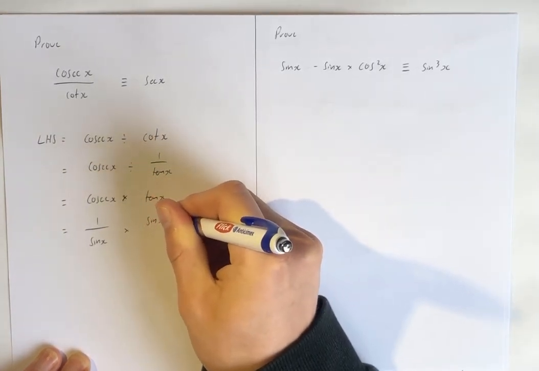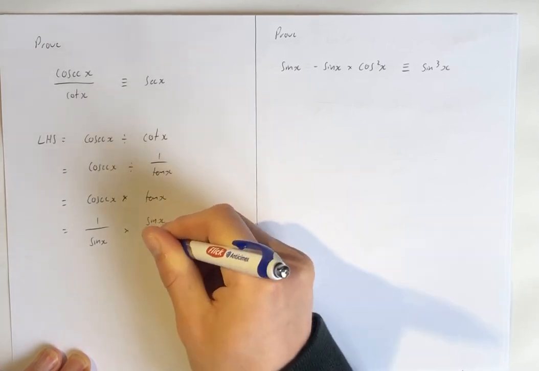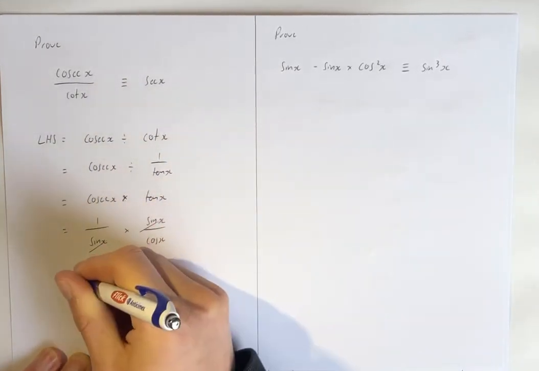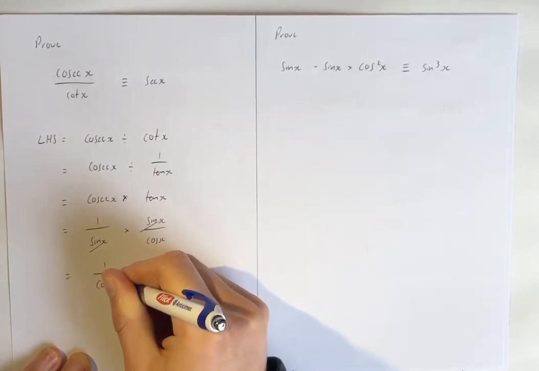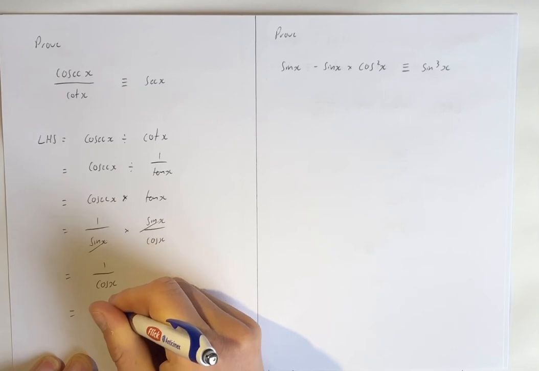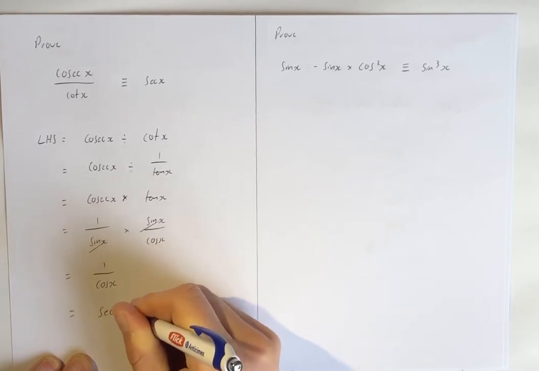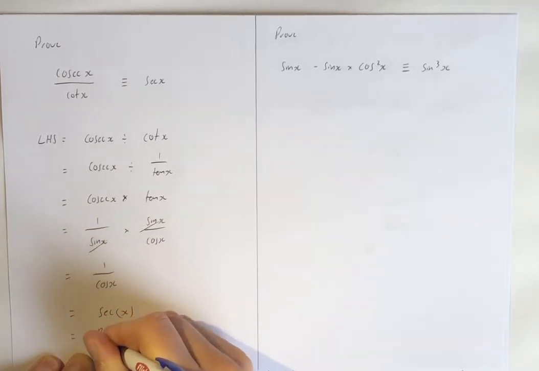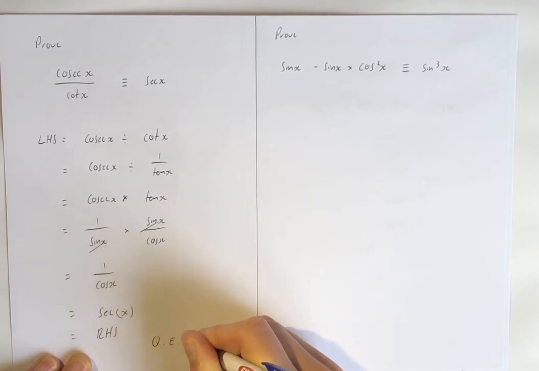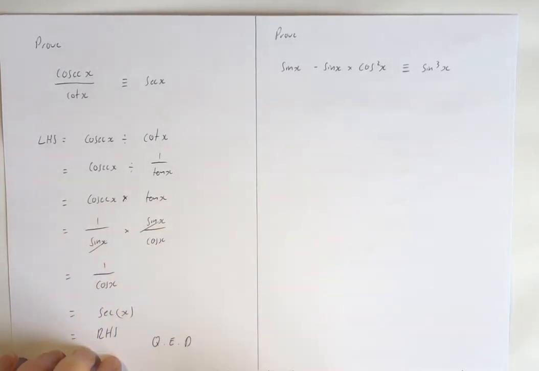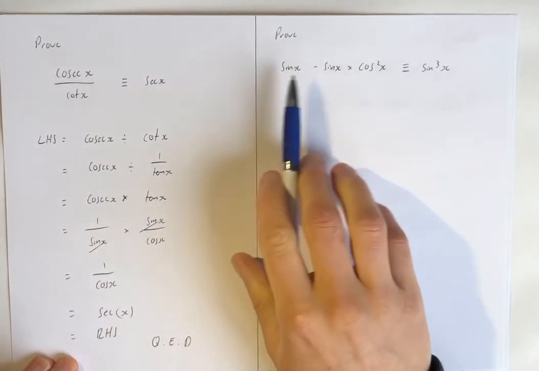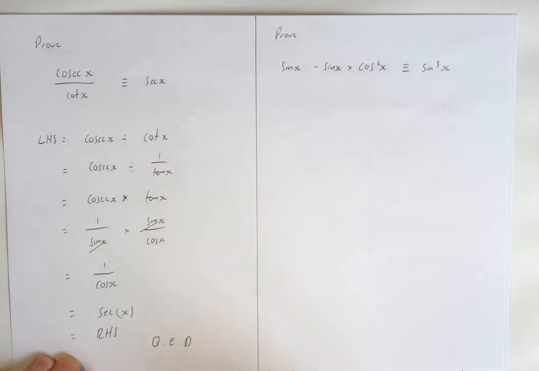sine x over cosine x, because that's sine over cosine. Sines cancel, we're left with 1 over cosine x, and we know that that is secant x, right hand side, quod erat demonstratum, something like that. Done, end of proof. Okay, what you want to do with this one, obviously pausing the video and giving it a go, but before we do this,